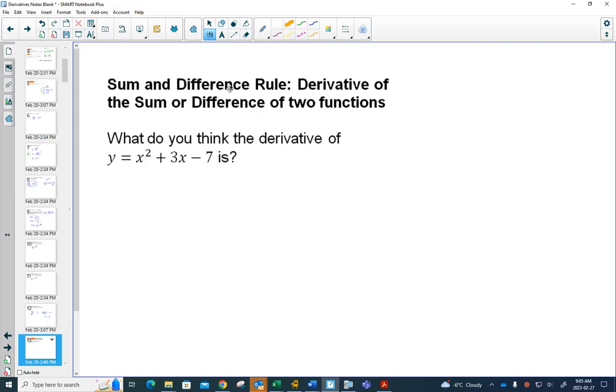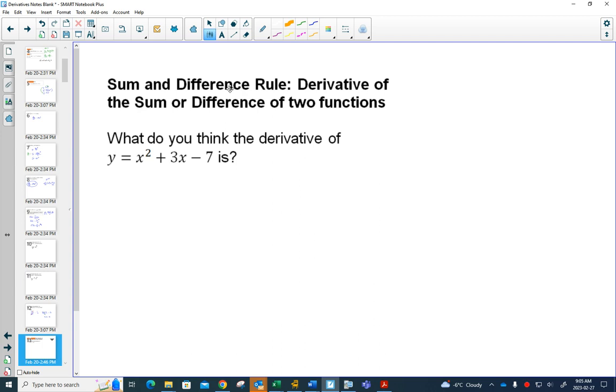Our next shortcut derivative rule is beautiful. It's the sum and difference rule, which means, well, if you're adding up a bunch of things,